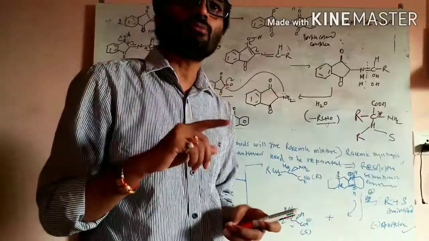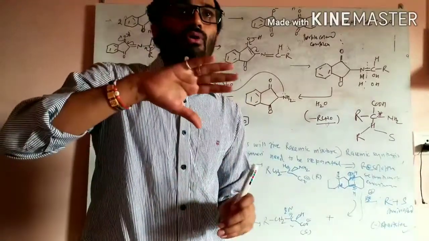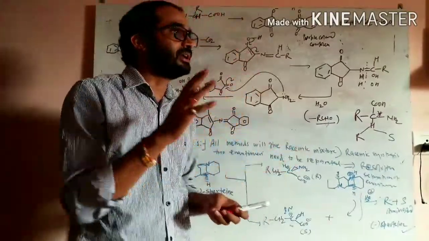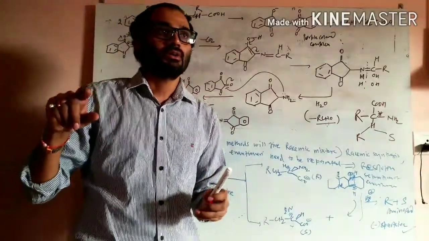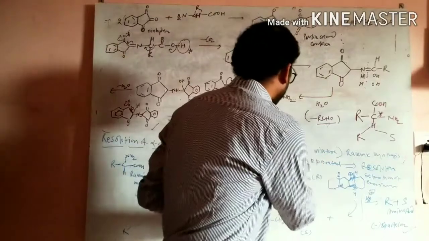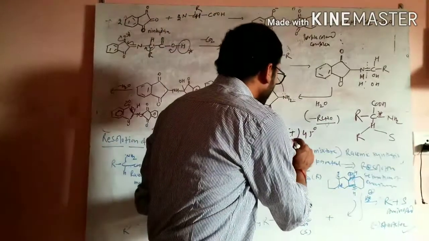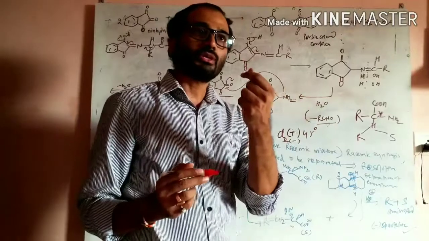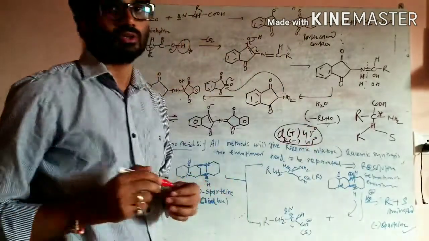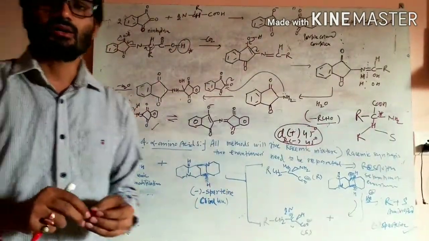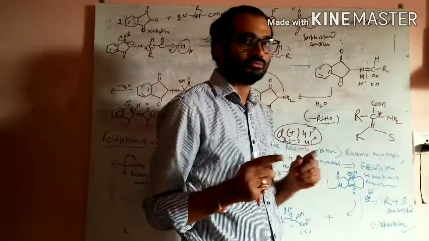Why is the molecule optically inactive? Because we have mixed two enantiomers in equal amounts. Suppose one enantiomer rotates the plane polarized light towards the right-hand direction by 45 degrees, that is D or plus 45 degrees. At the same time, the other enantiomer will rotate the plane polarized light towards the left-hand side by 45 degrees. So the net optical rotation is 0 degrees, and such molecules are not optically active. So here the optical inactivity is due to the internal compensation of the molecule.